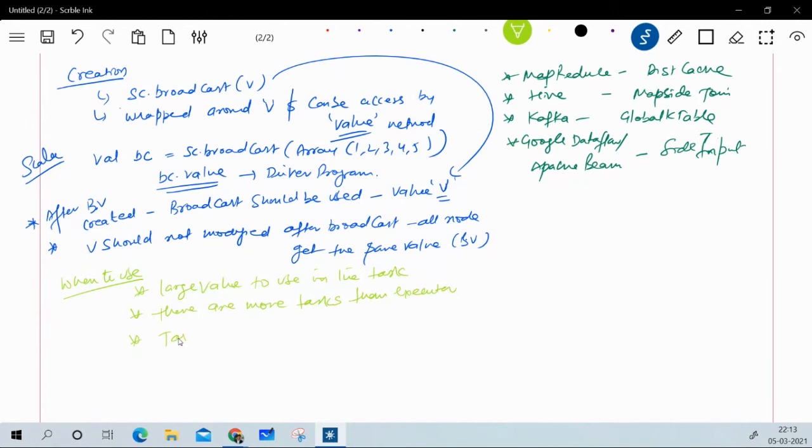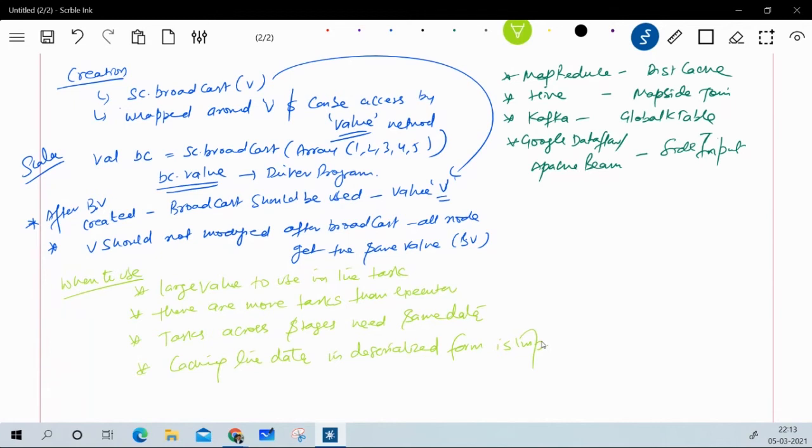Another scenario is when tasks across stages need the same data, then also we should use broadcast, which is more efficient. Or whenever we are caching the data in deserialized form, it is very important.